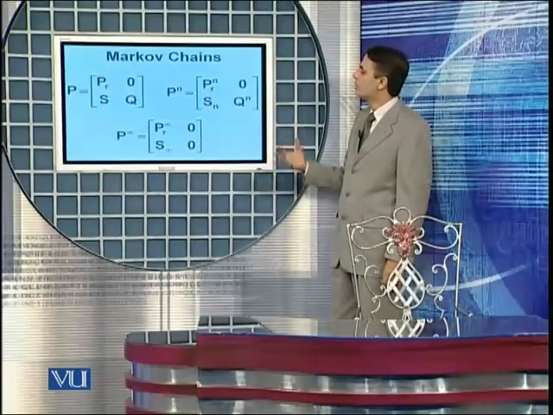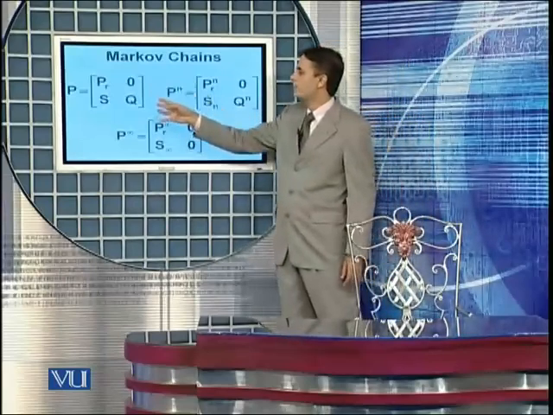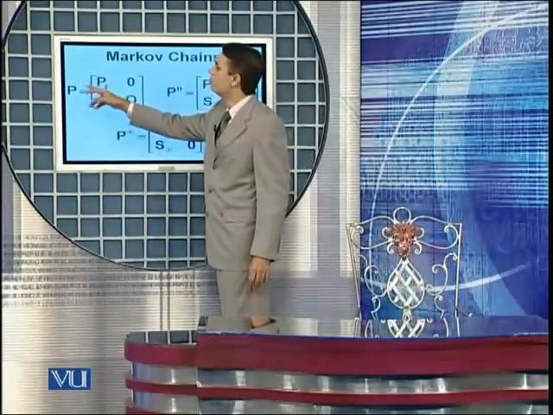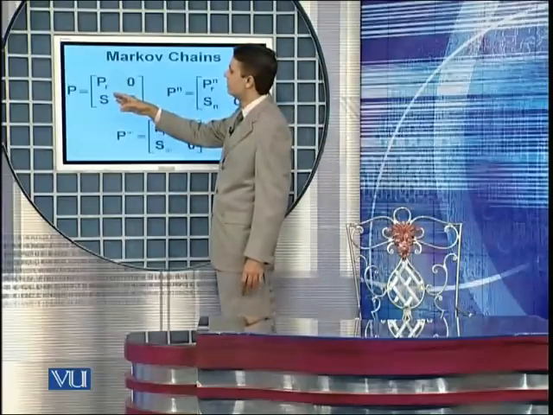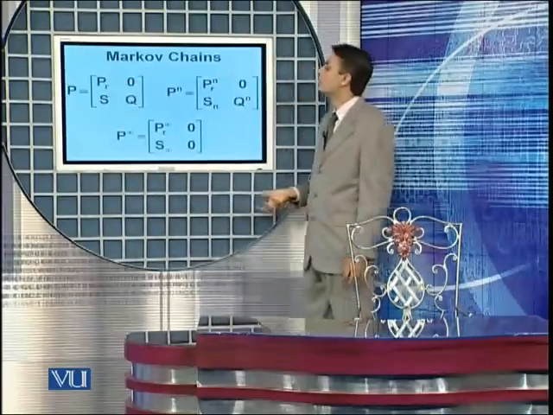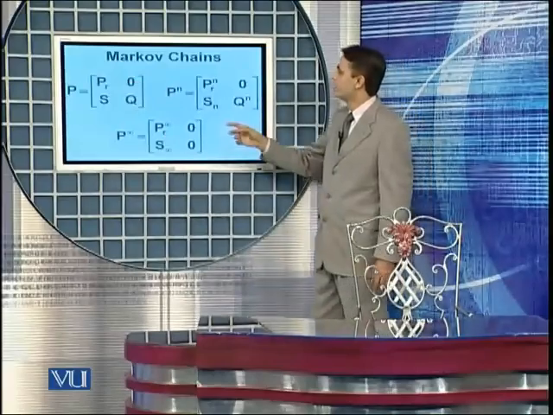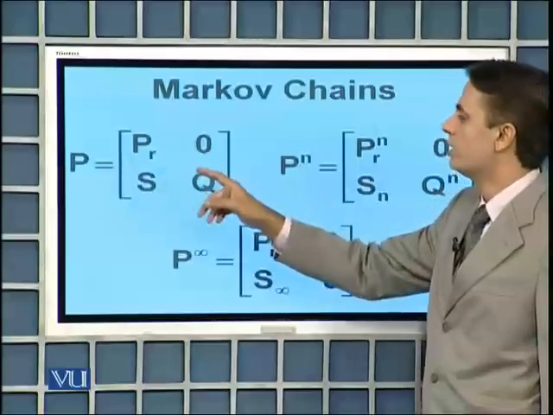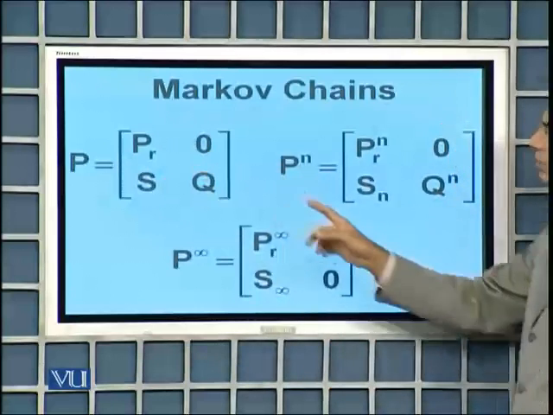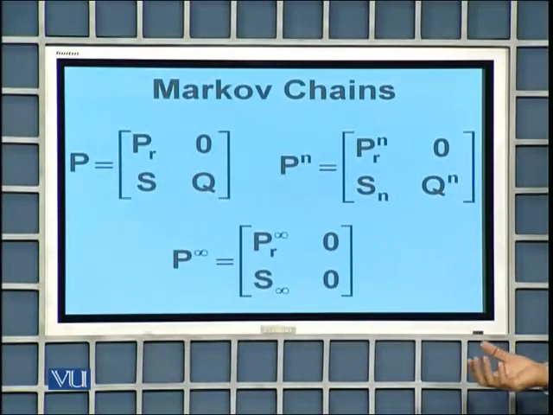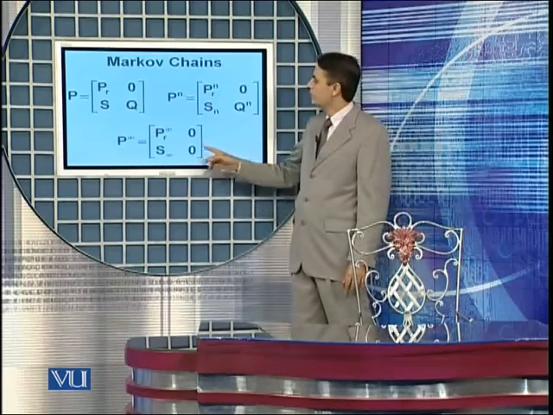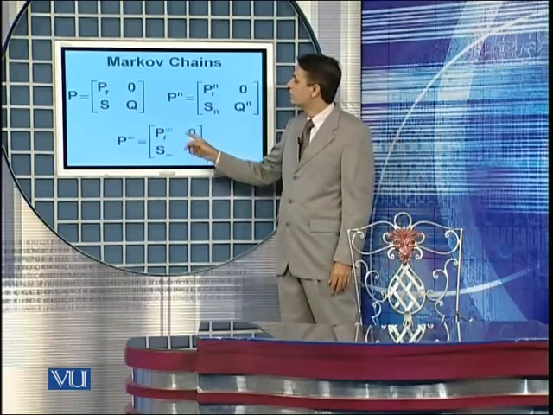In coming lectures, we are going to make extensive use of this partitioning technique, where we will partition this stochastic matrix, or one-step transition probability matrix P, into different matrices, like 4 matrices here, and then process these matrices separately. This matrix PR is just a stochastic matrix, and it will be processed similarly, but this submatrix Q corresponding to the transient states also has applications when we will be talking about the return times and other related ideas of Markov chains.